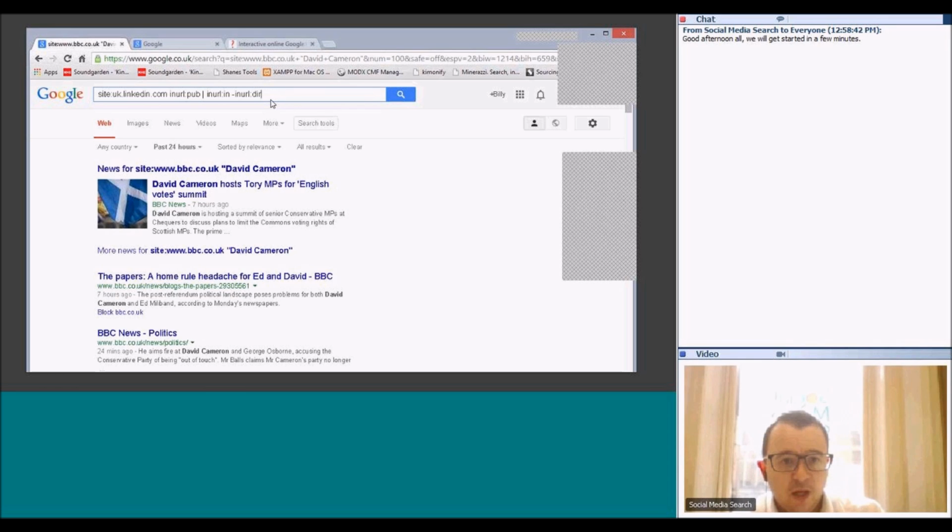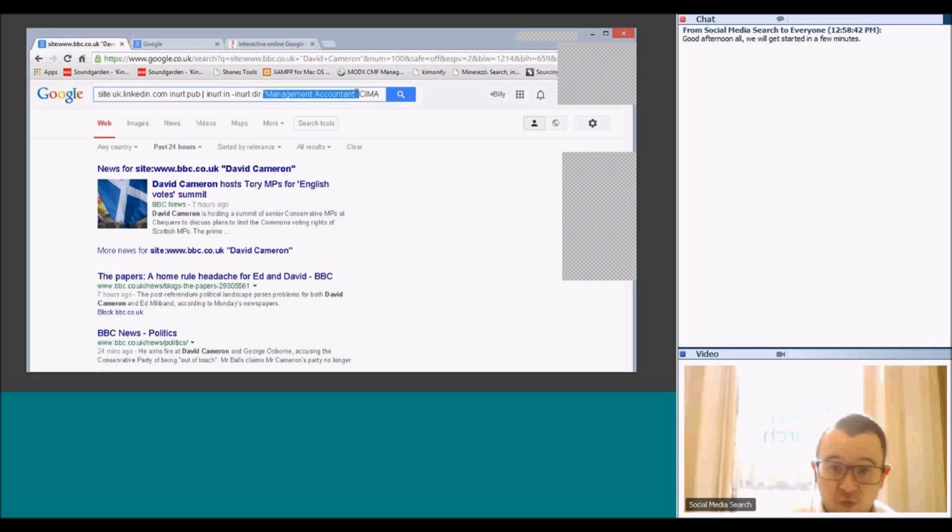Okay, so if I want to find people who are management accountants, I can put in that as the job title, "management accountant", and say I need them to have SEMA on their profile. I've put management accountant as a full phrase, so that's why it's in speech marks. It will not pick up any profiles that don't have that phrase specifically, and it will not pick up any profiles that don't have SEMA contained within it as well. If I then hit search,